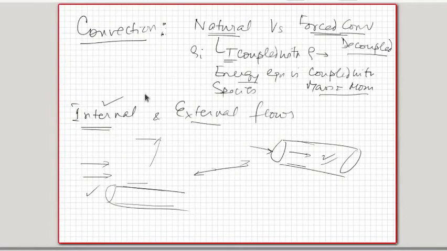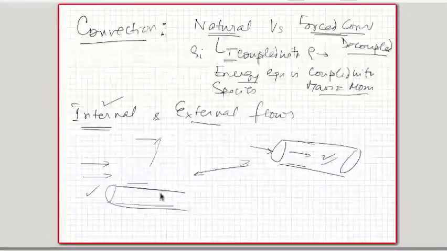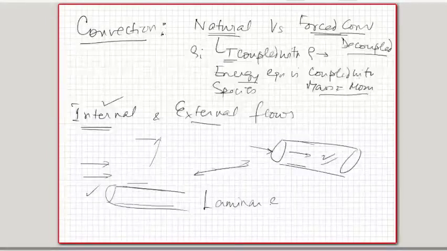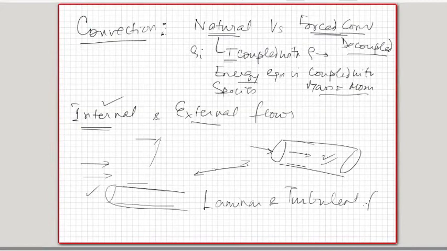And in both external and internal flows, you can have natural convection and forced convection. You can have internal natural convection, internal forced convection, external natural convection, external forced convection. So this is another kind of problem that we commonly deal with. A third kind of classification is laminar and turbulent flow. So in laminar and turbulent flow, basically we deal with